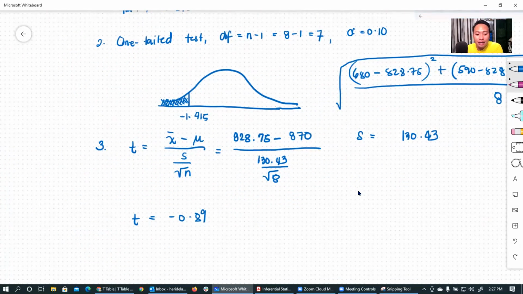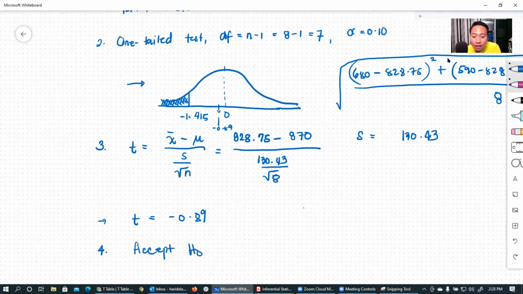So, step 4, guys, is the decision-making. Do we have to accept the null hypothesis or reject the null hypothesis? We're going to take a look at the illustration that we have in step 2. If you notice, 0 is somewhere located here. And our test statistic is actually negative 0.89, which is somewhere here. This means to say that we have to accept the null hypothesis because negative 0.89 belongs to the acceptance region. So accept